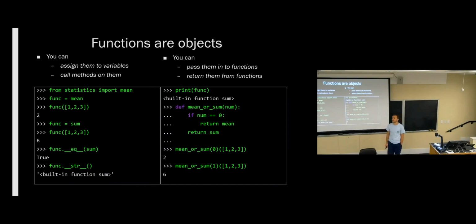It's hard to change a function, but it would change it for both. And that's just like how it is for other data structures in Python. So if you're going to assign a name to a list and then change the original list, then the name that you assigned that list to would also see those changes. Yeah. Other questions?